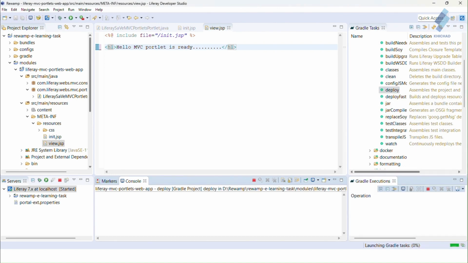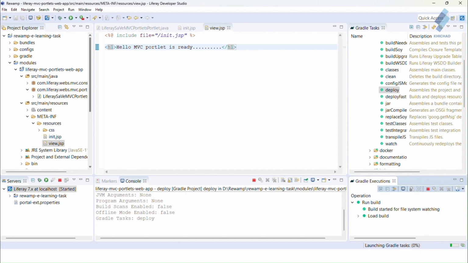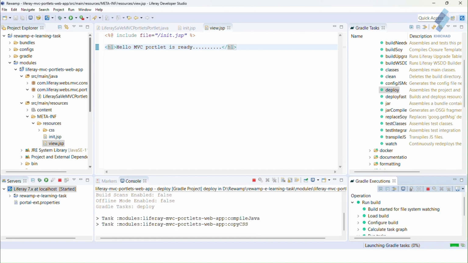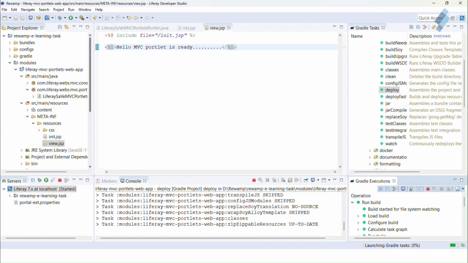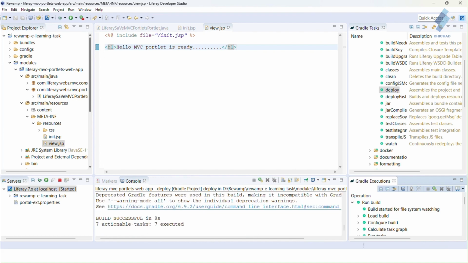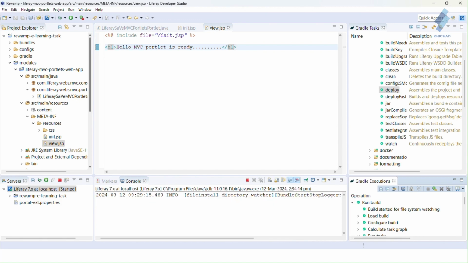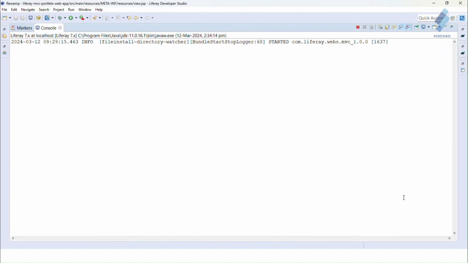Click on save and wait for a while until the module is deployed. Now you can see the Liferay portlet has been deployed successfully, and you can check the logs to confirm that the module has been started successfully.